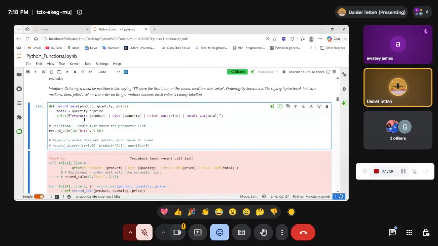Now when we talk of the keyword argument, what we do is that we define these values when we are calling our function. So here in record sales, we define the price: price equals 8.0, product equals oil, and quantity equals 5. When you do it this way, it doesn't matter the order because you have already defined these parameters. They have their values attached to them when you call the function. So Python does not care where they are because their values have been defined. So in this case, when you run this,